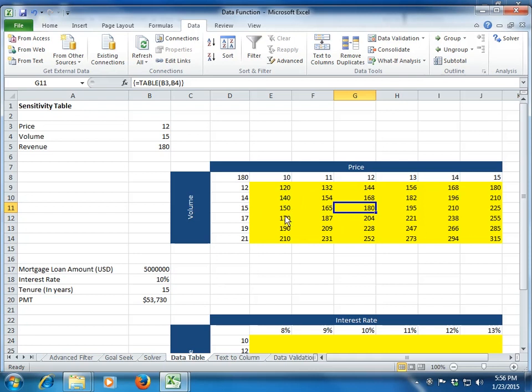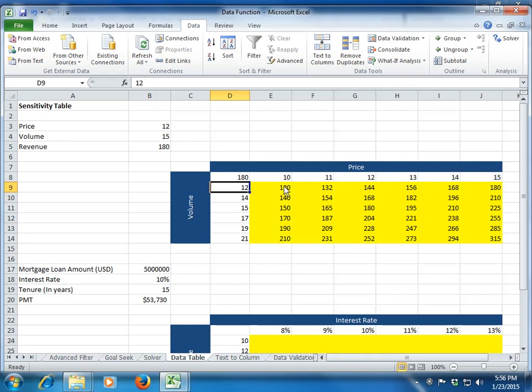How does Excel make this work? We have linked this row input to the price. So what Excel will do is take 10, make this variable 10, then take a volume of 12, change it to 12 and give me the output, right? Now it will change the volume to 14, give me the output, then 15 and give me the output, and so on and so forth.